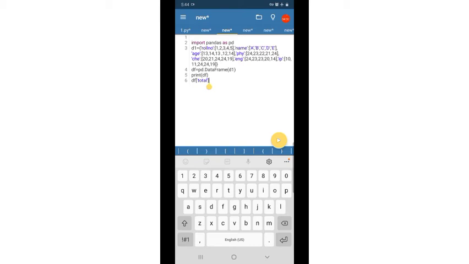DF in square brackets, the column name that is to be created in single quotes, equal to total is calculated by the total marks of all subjects.